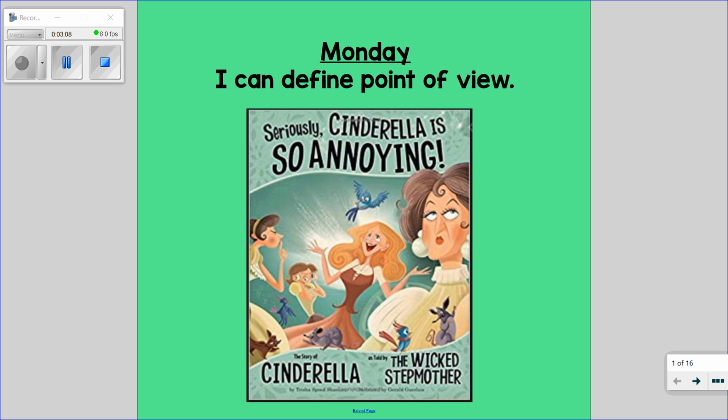Now, a narrator, when they tell the story, they're not a part of the events that are happening to the characters in their lives. They're going to tell the story in a way that describes the character's thoughts and feelings. And you'll see words such as she, he, they, him, and her when the narrator is not in the story.